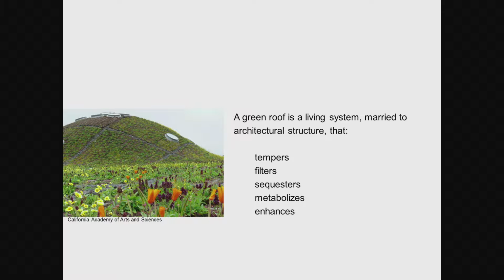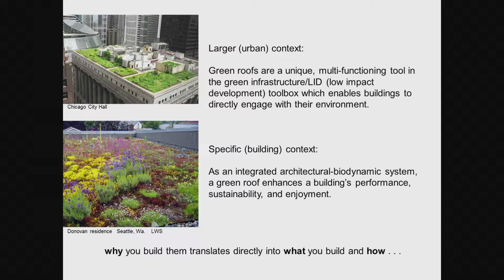It tempers, it filters, it sequesters, it metabolizes, it enhances. It becomes a rich layer on top of a building that customarily is not thought to do any of that. It's the opposite. Usually, a roof is meant to just get stuff off it, water, and shield people, a building envelope. So in the larger urban context, green roofs are a unique multifunctioning tool in the Green Infrastructure LID toolbox,